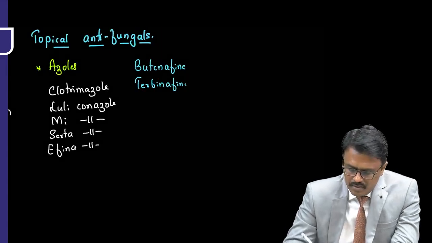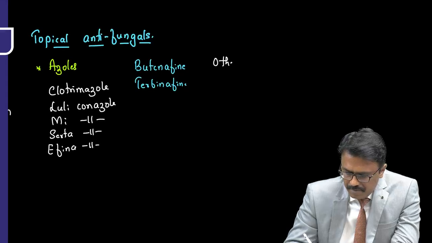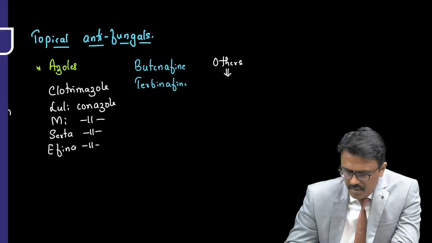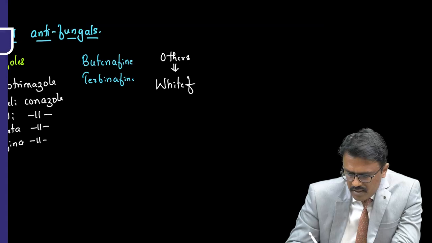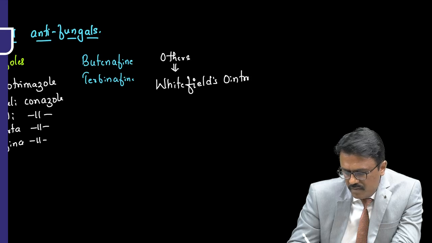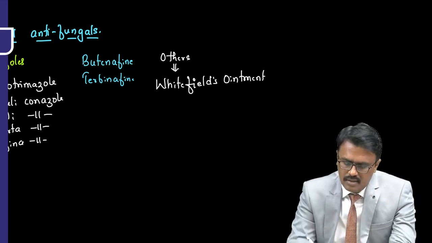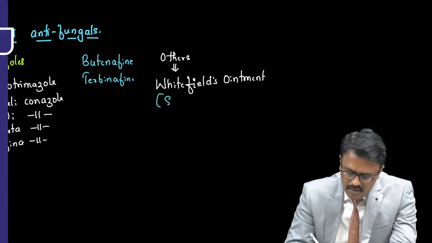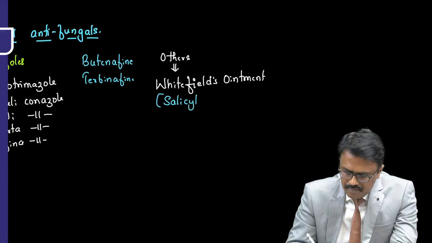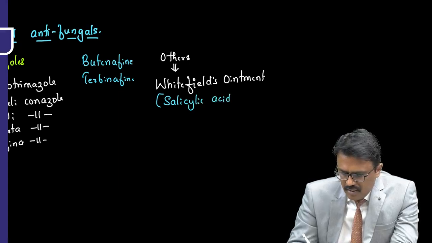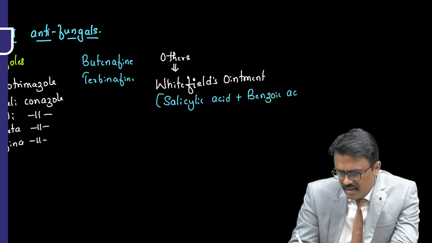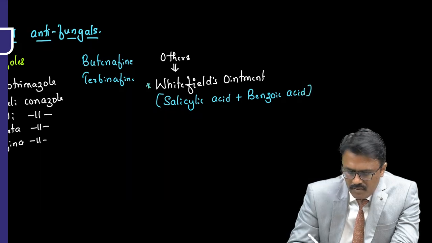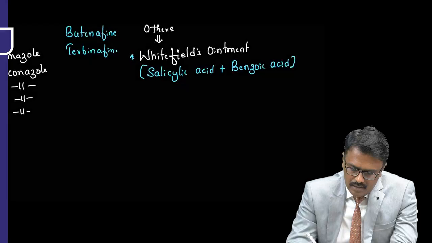The other category of drugs which are used topically, let me tell you here, is called Whitfield's ointment. Whitfield's ointment is extensively used. It is a combination of two things, salicylic acid plus benzoic acid. It's a combination of salicylic acid and benzoic acid. That is Whitfield's ointment. Another one is called